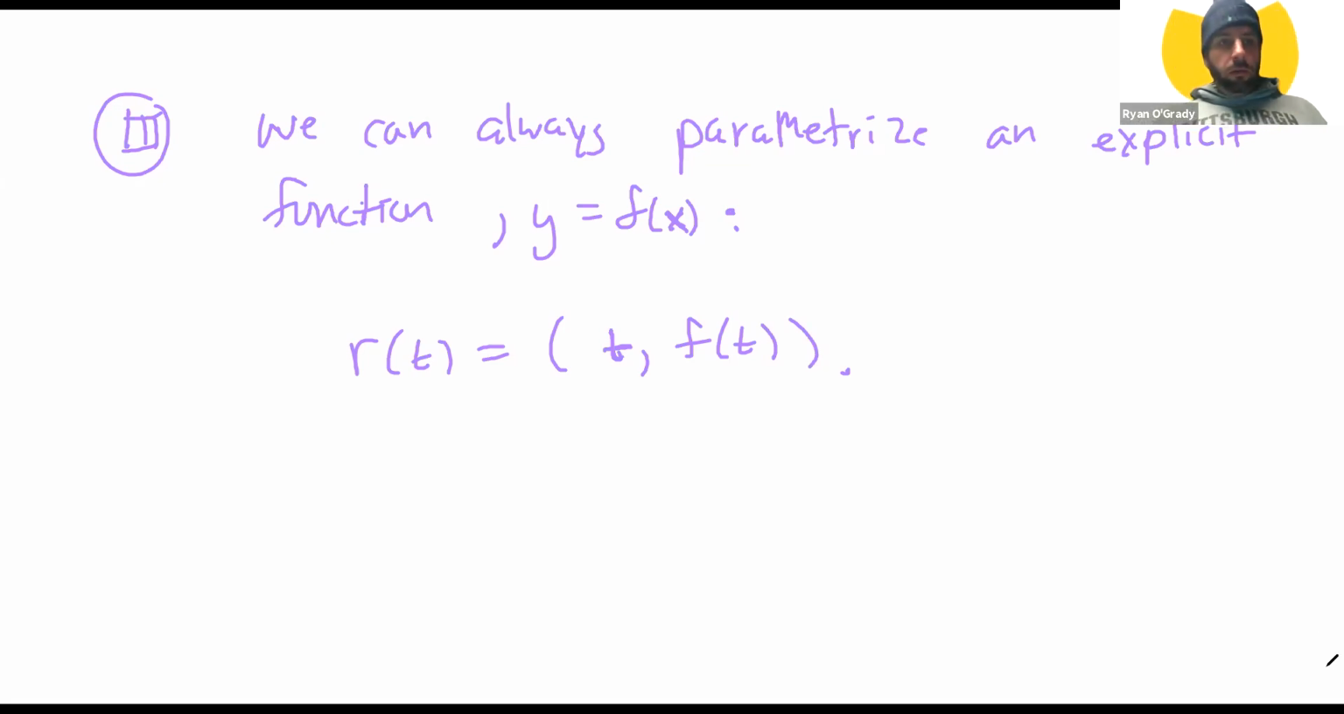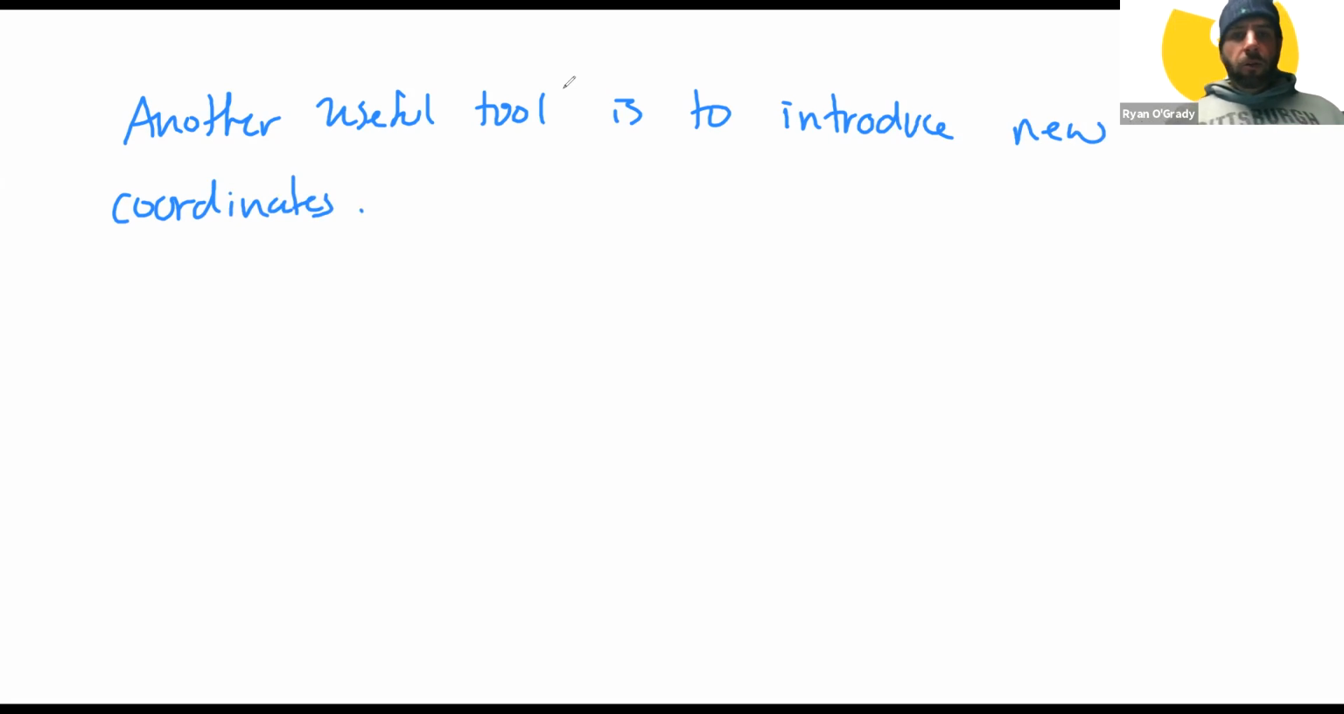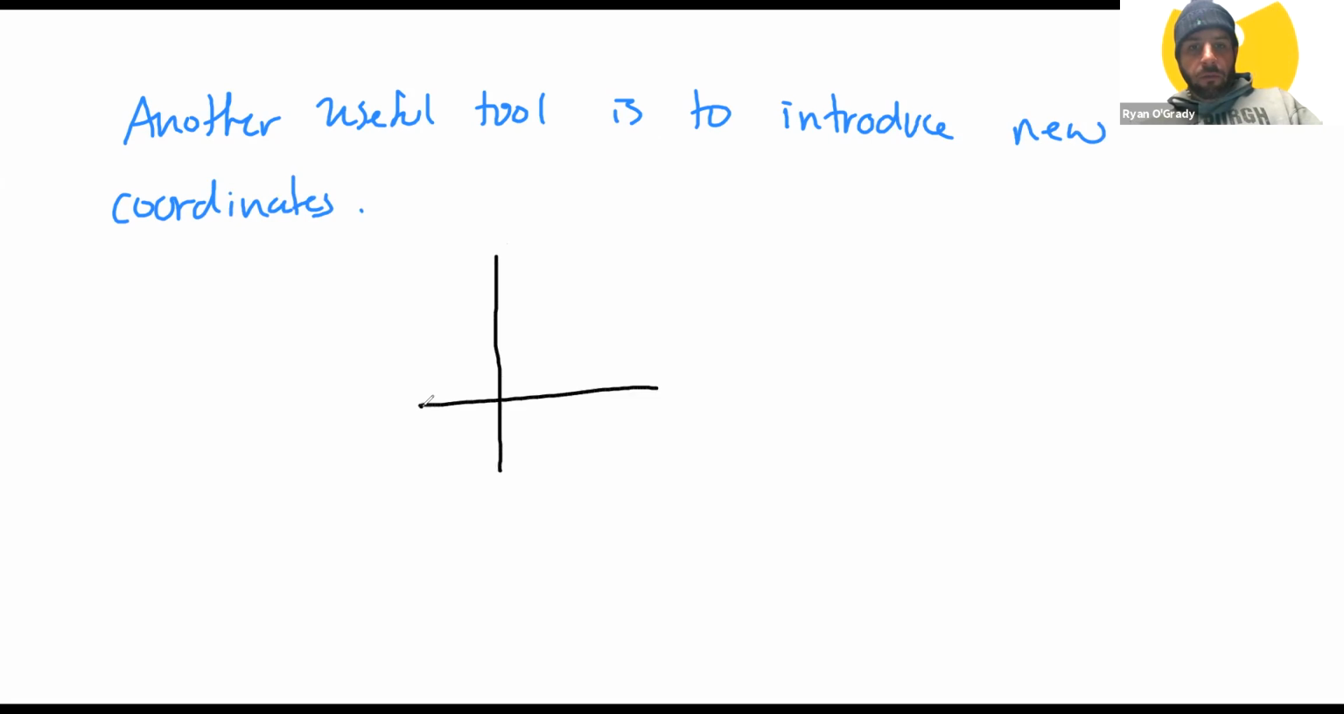Very good. So that is one useful tool. The first tool we talked about today is this idea of parametric equations. So here's another useful tool, and this is to introduce new coordinates. So what do we mean by new coordinates? What I mean is if I take your traditional point, x comma y,